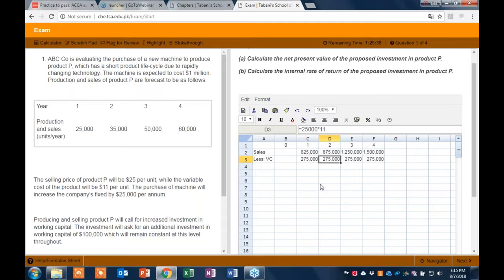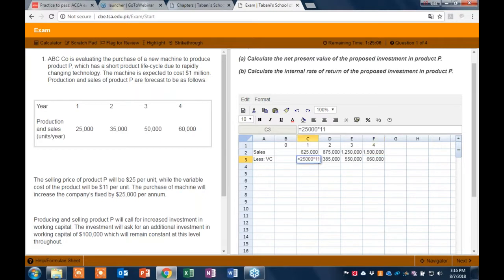And I'll just change the production and sales volume figure for every year, make it 35,000, 50,000,